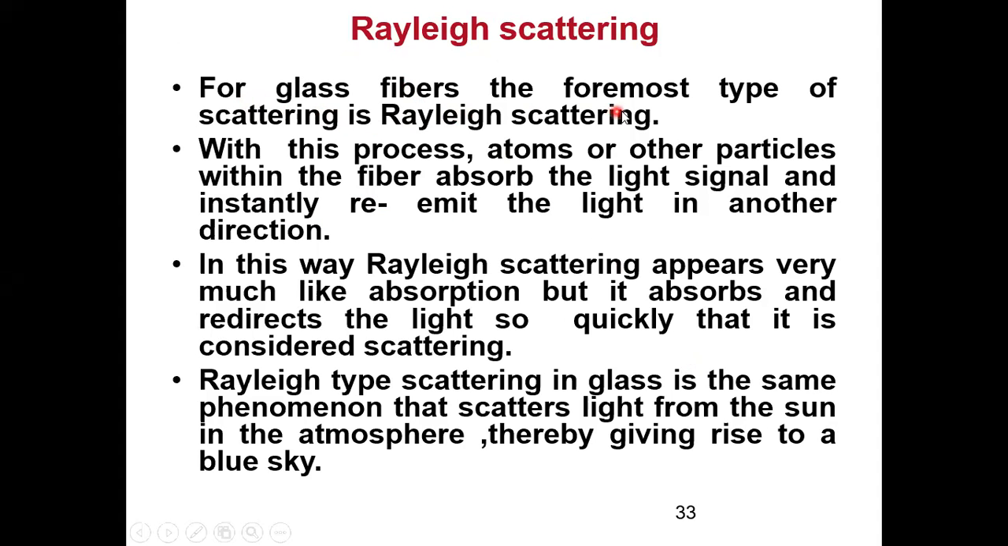For glass fiber, the foremost type of scattering is Rayleigh scattering. What happens in Rayleigh scattering is that atoms or other particles within the fiber absorb the light signal. Just pay attention to this particular line. हमने absorption already पढ़ा है, but now in scattering also we are using the term absorption. What actually happens is, the particles within the fiber absorb the light signal and instantly re-emit the